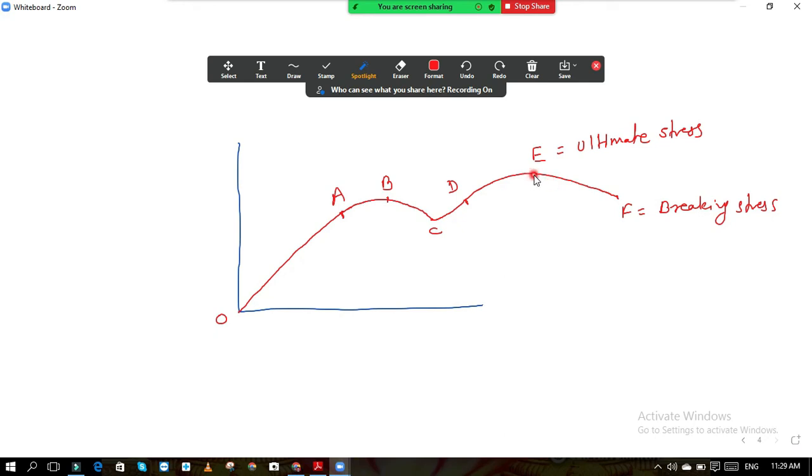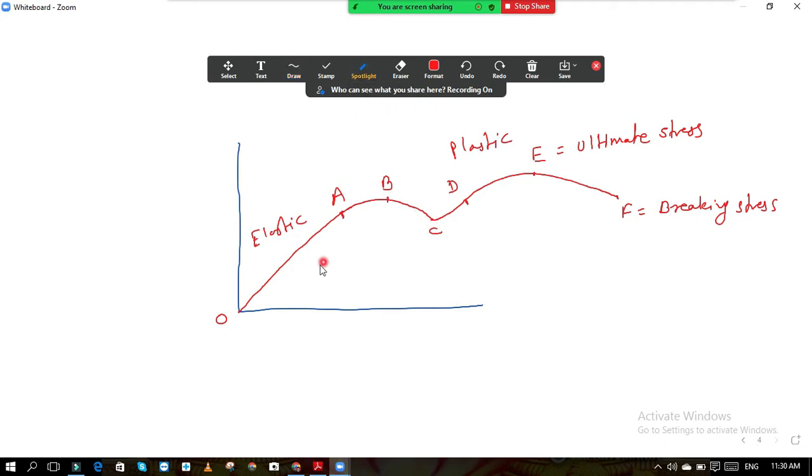This is said by limit state method. But if you see the working stress method, what does the working stress method say? We are not going to give stress on the material beyond this point A. So this O to A is your elastic region, and this is your plastic zone. This is the plastic region.